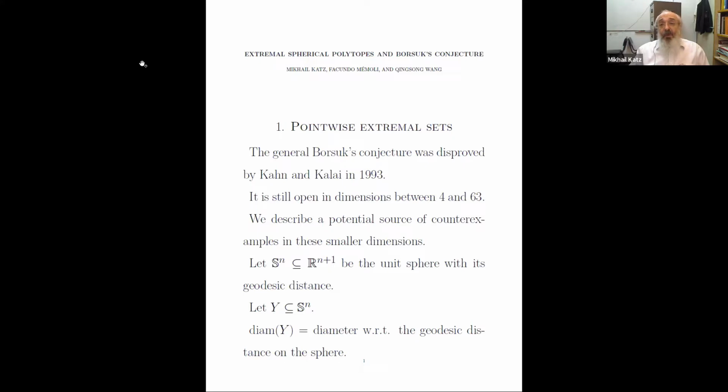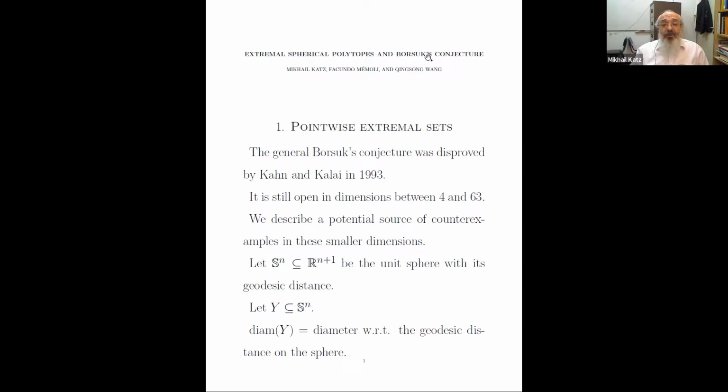And there's a significant component of this work that is computer work, a sort of downward gradient of the diameter functional on the sets of points on the sphere. So that's what we'll try to explain. The truth is that most of the talk is going to be about the two-sphere, where Borsuk's conjecture has been proved. But it's a way of illustrating how one might go about looking for counterexamples in higher dimensions. We'll say a little bit about higher dimensions also.